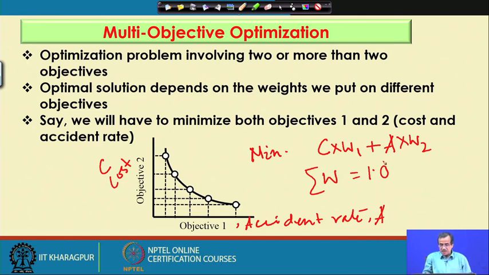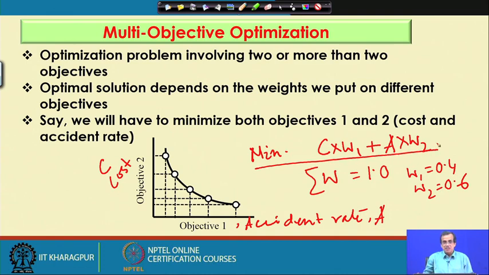Now, if I consider one set of values, say W 1 is 0.4 and W 2 equals 0.6, and solve this single objective minimization problem,